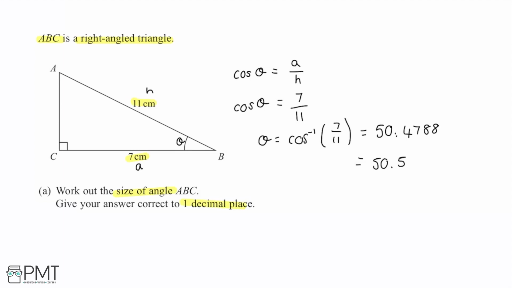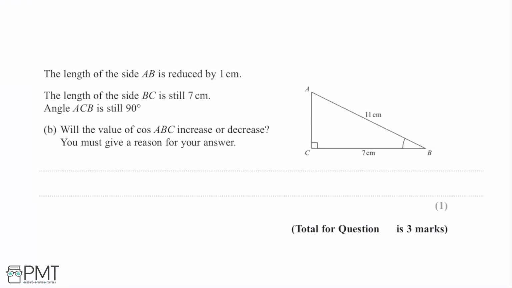We'd get the first mark for working with cos here, so cos of theta is equal to 7 over 11, that gives us the first mark, and then the second mark is for the correct final answer of 50.5 degrees. Now for the second part of the question, I'm told that the length of the side AB is